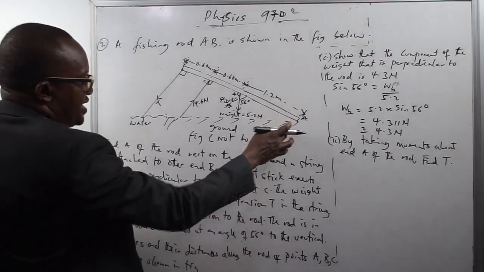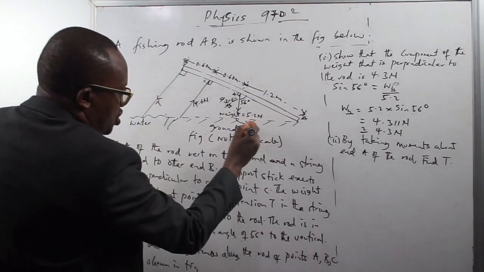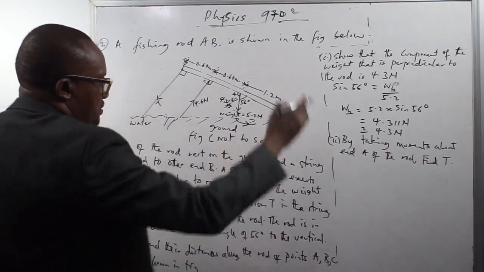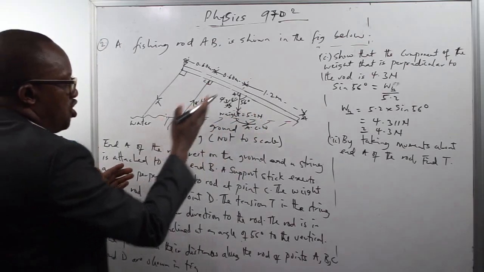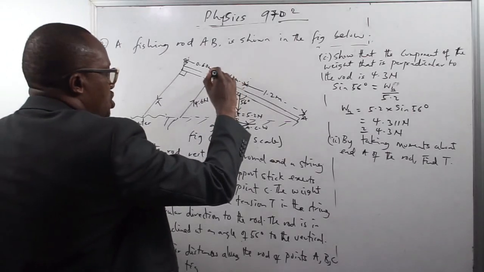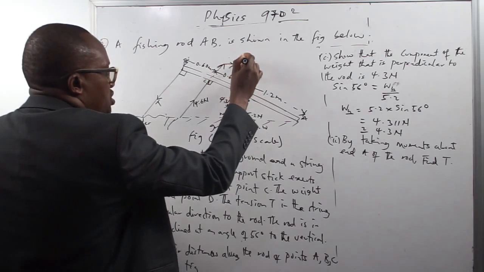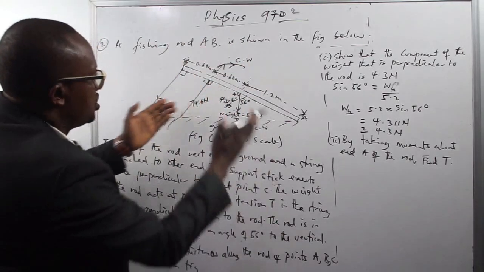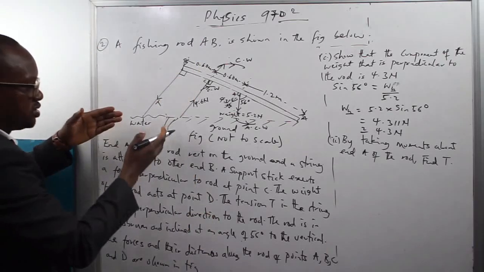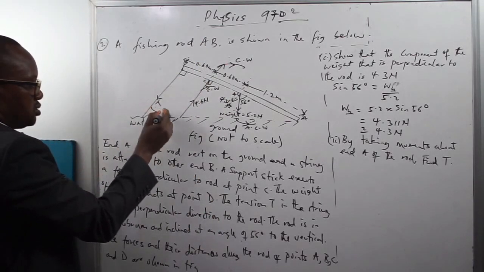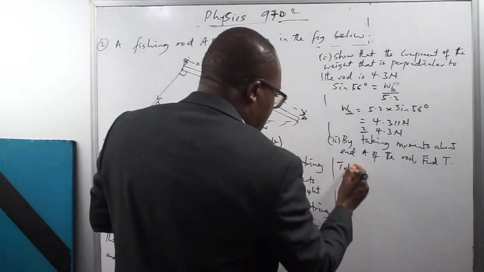By taking moment about A, this is a downward force. It's going to cause the bar to turn in this direction, which will be anti-clockwise. This is acting upward. It's going to cause the bar to turn clockwise. So you can see it. It's going to cause the bar to turn clockwise. This acting downwards is going to cause the bar to turn anti-clockwise. So we have the total clockwise moment